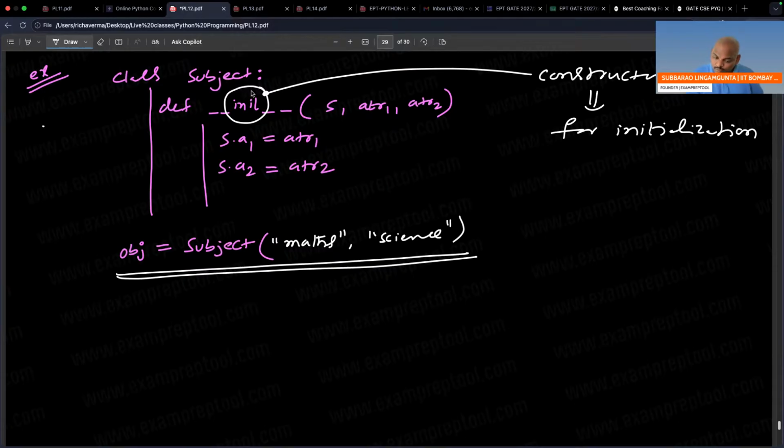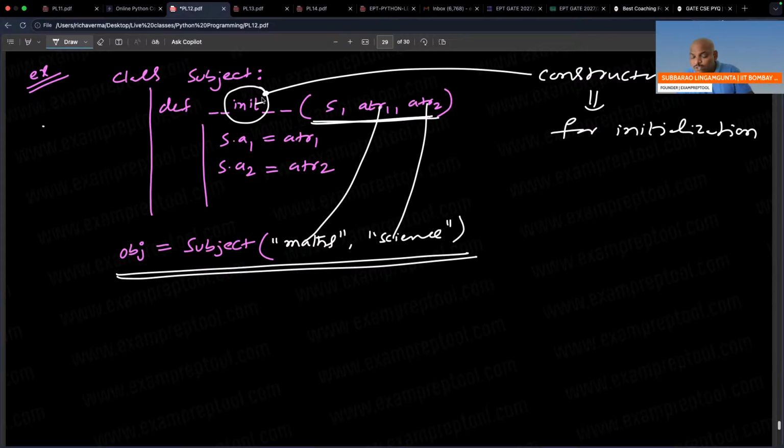And one more thing, it is a function. Remember, this function has 3 parameters: 3 formal means 2 actual, so these will go here. Some people are asking, sir, constructor means init function, what is the difference from a normal function? The init function, no need to call.